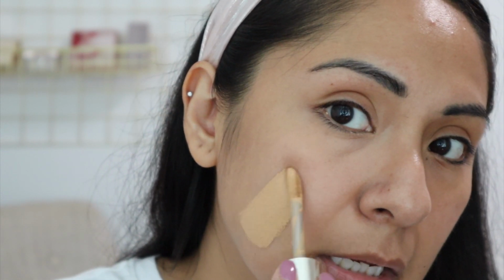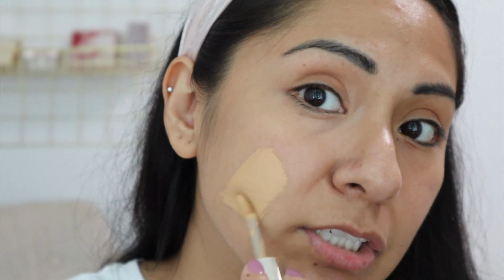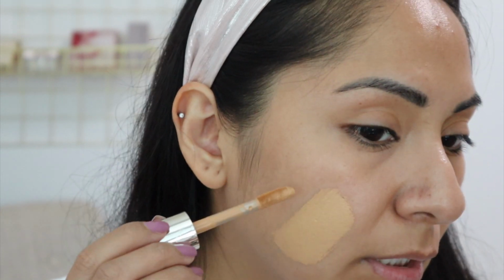I'm going to swatch for you guys the shade Honey, which is what I use under the eyes. And then the shade Dulce de Leche is what I use to conceal pimples and stuff like that. And they are both really good shades. So this one is in the shade Honey. To me, this is like the perfect under the eye shade. Not too light, not too dark. That's the shade Honey. And then this shade Dulce de Leche is what I use to conceal any pimples, anything